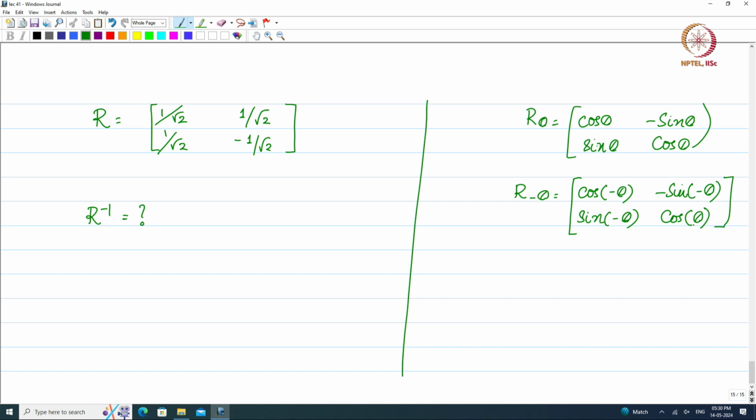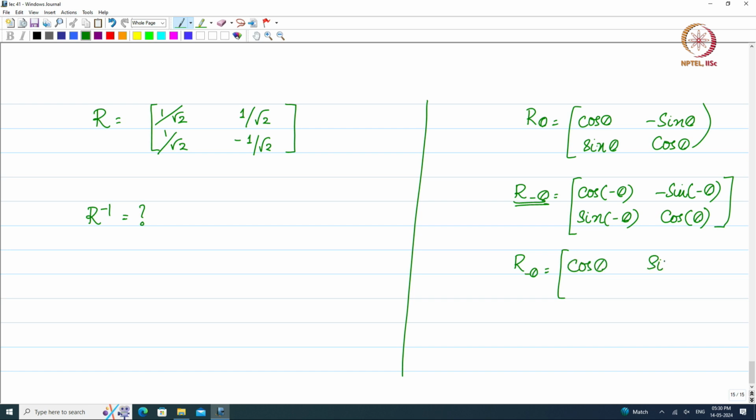So what was this R minus theta doing? R minus theta, the matrix R minus theta, was basically trying to undo the effect of the matrix R theta. That means R minus theta is going to be the inverse of that operation that we did, which is the R theta operation. So R minus theta, we are going to see, is nothing but